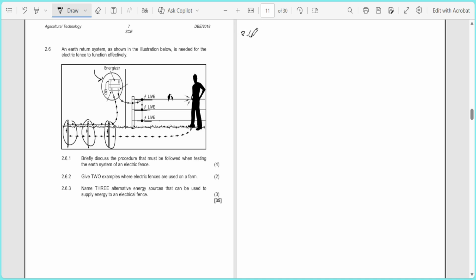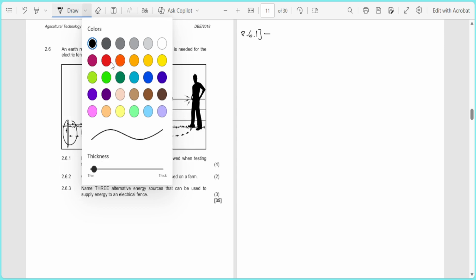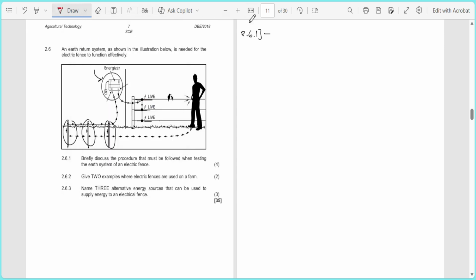2.6.1: discuss the procedure that must be followed when testing the earth system of an electric fence. Now, here's an important point. Number one,